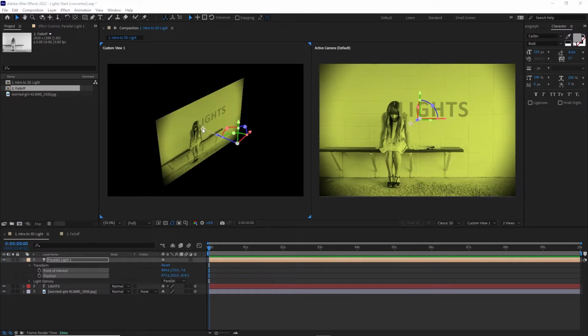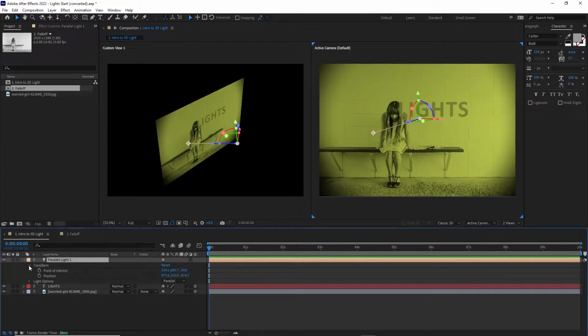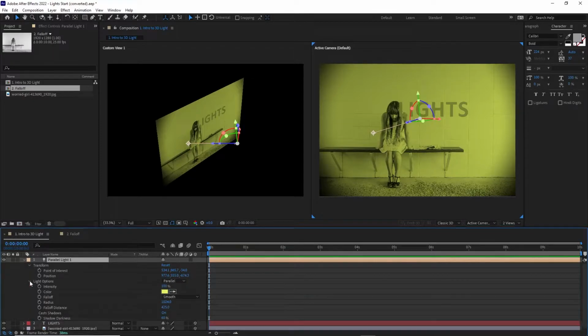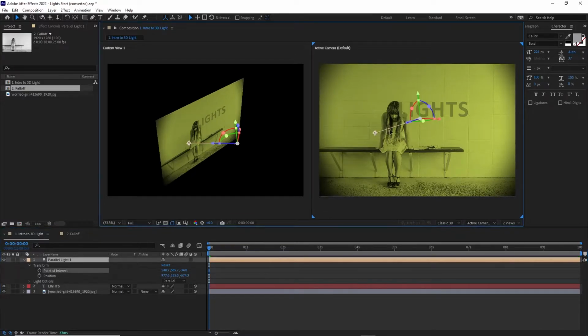Okay, you can see this icon here. It's like a target that controls what's called the point of interest, and you can see as I move that around, if you go to the parallel light layer here and just expand the transform subsection, you can compress the light options section, expand the transform section. You see point of interest and position here. So the point of interest, you can see as I move it, it moves the values,